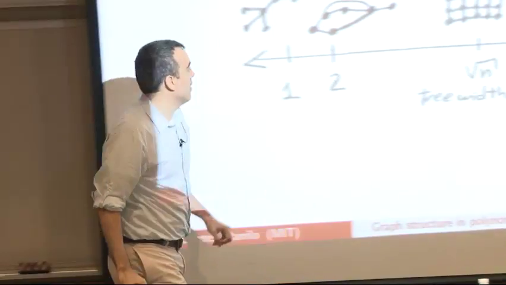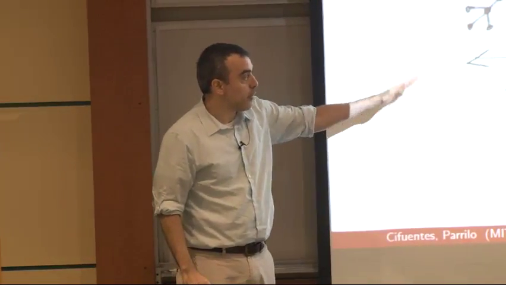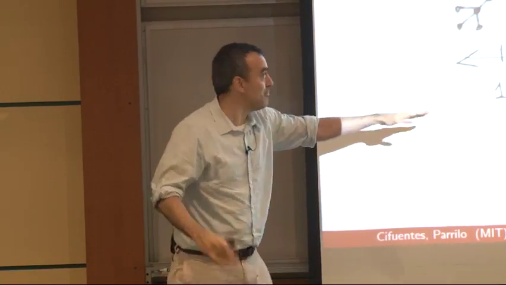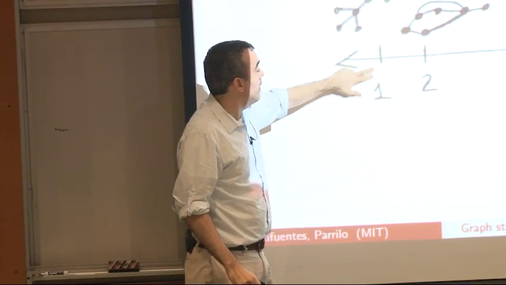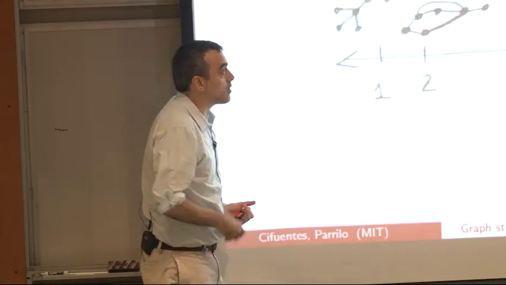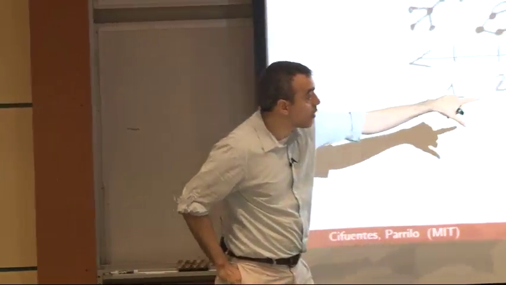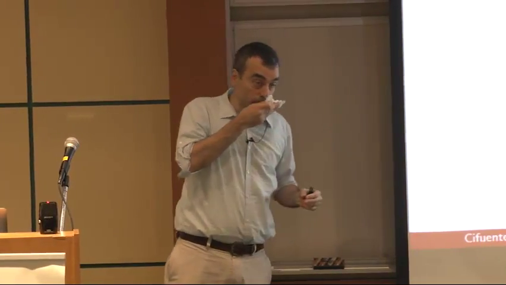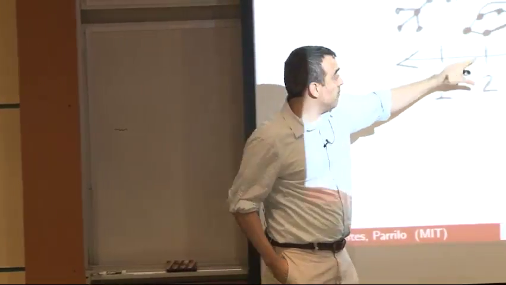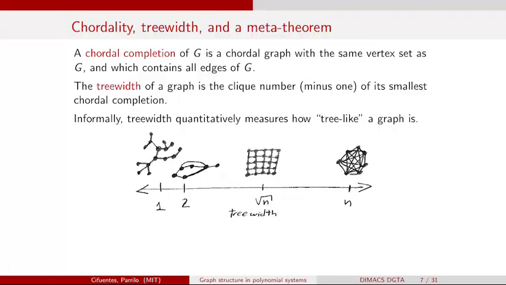So the idea in here is that every graph will have a number, like a size number, if you want. It's the tree width. And if this tree width is equal to 1, then your graph is actually going to be a tree. If the tree width is equal to n, then your graph is going to be the complete graph. And if it has some number in between, it's going to be somewhere in between. So if it's, for instance, tree width equal to 2, it's not going to be a tree, but it's going to be tree-like in a very particular sense.